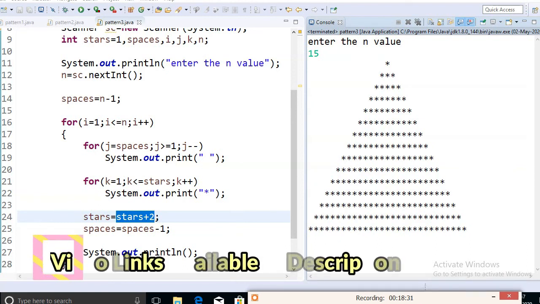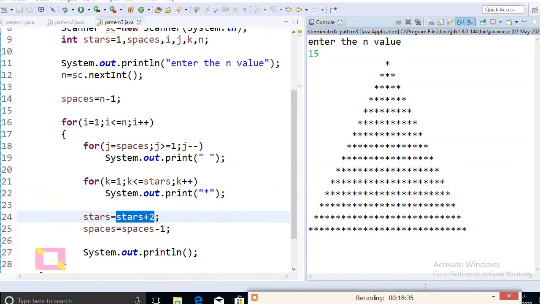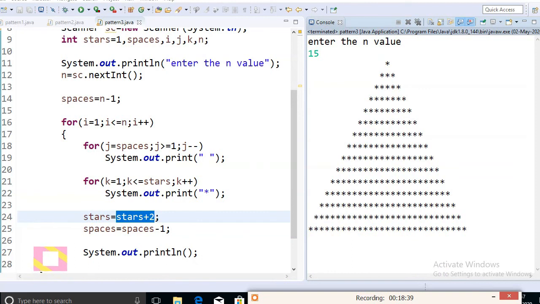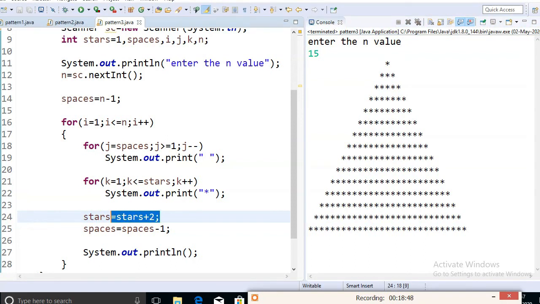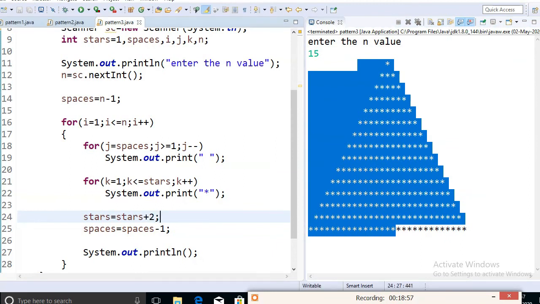If you didn't see my pattern logic 2 video, see that video. In that program you can change just one place. That place is this one. You can change it in this place, plus 2, and the pattern will be printed. No need to analyze the process again, I already did that process.